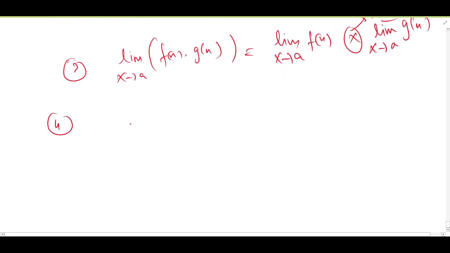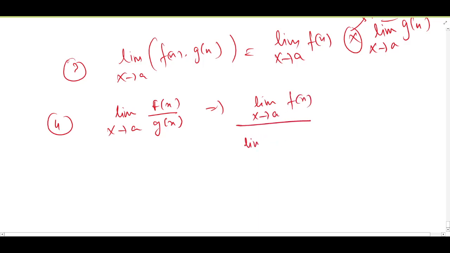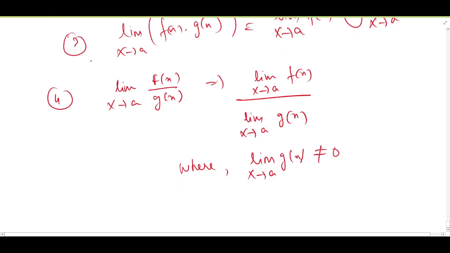So last is rational function. Limit x tends to a f of x divided by g of x. So here we get limit x tends to a f of x divided by limit x tends to a g of x, where limit x tends to a g of x should not be equal to 0,